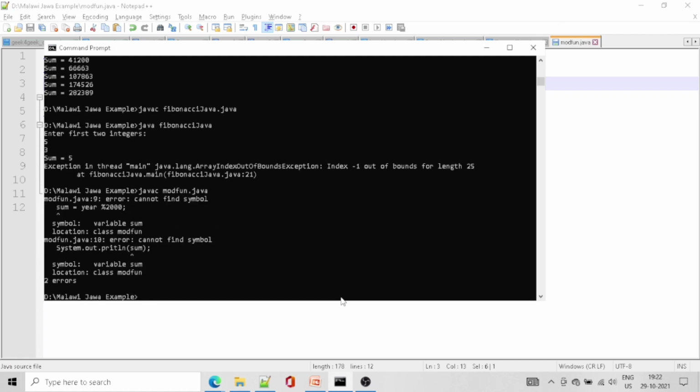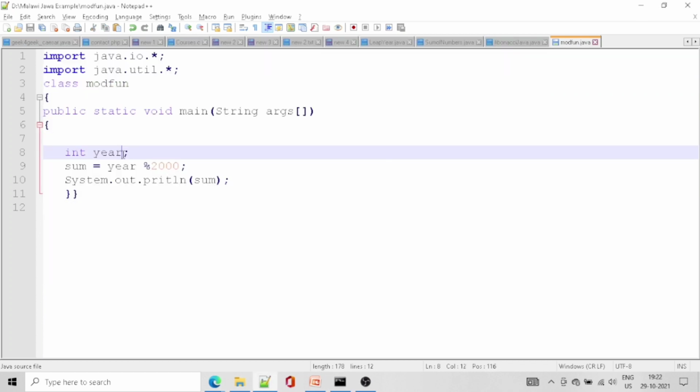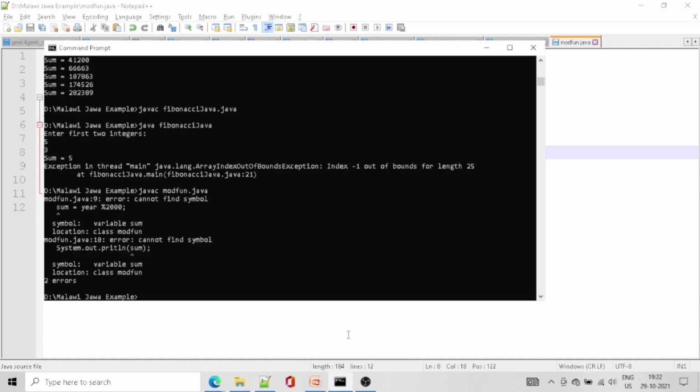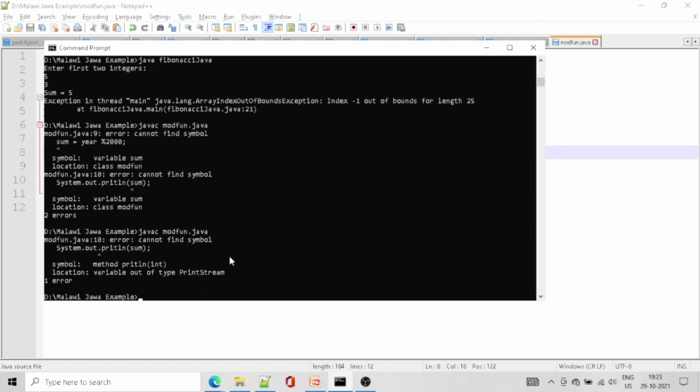So there are some errors, cannot find symbol, so I think we need to declare sum equal to 0. We are declaring and also initializing the variable named sum. That's why it shows cannot find symbol, because we didn't declare it. This error is shown if the variable is not declared at all.